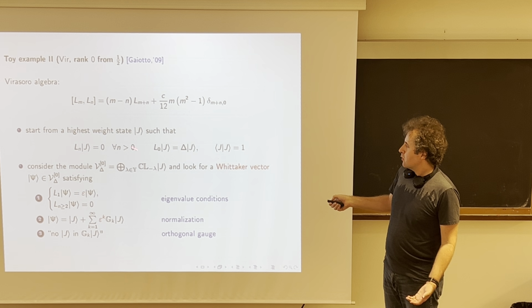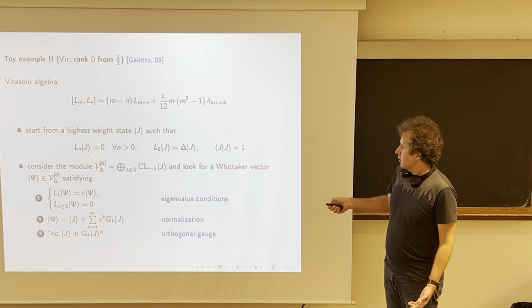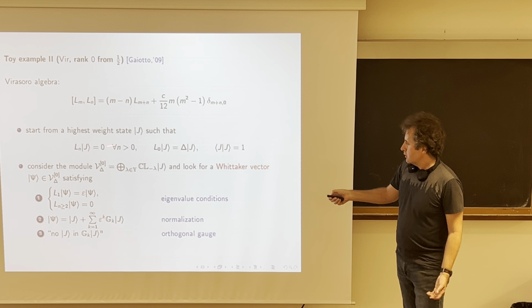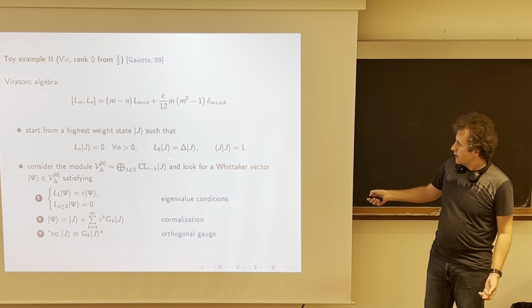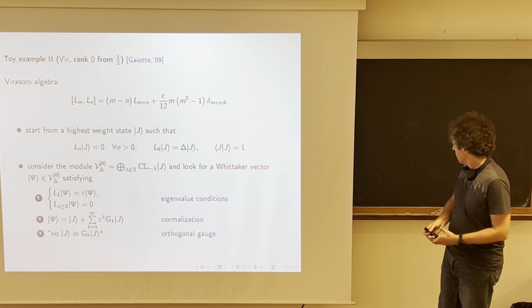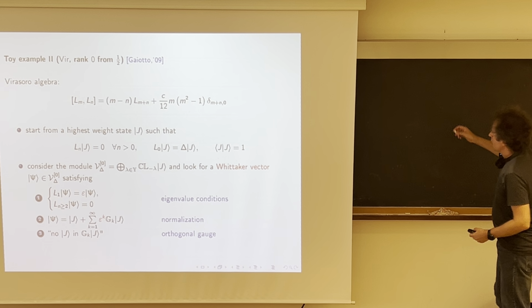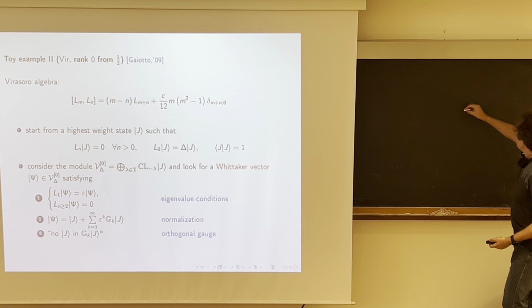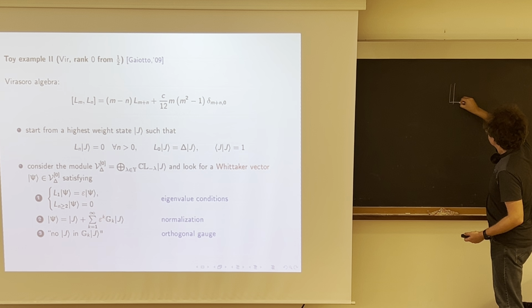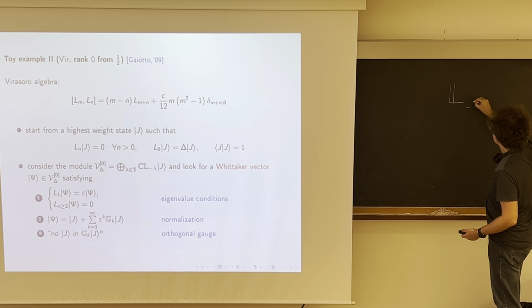This means that our module now has this form. So we have here vectors which are labeled by partitions. So basically, if I want to explain what this is, so what is the